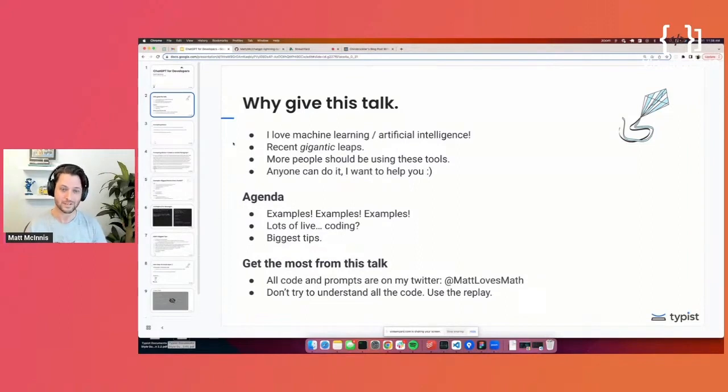And I've been using these tools extensively. I'm going to focus on ChatGPT today, but I believe more people should be using these tools. They've really made me much more productive with everything I do, and especially development and writing code. And anyone can do it. It's really easy. I want you to go and try it out. That's my goal for the talk, is that you get excited, you jump in, you try some things out.